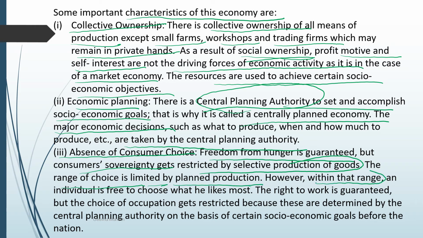However, within the given range, the individual is free to choose what he likes the most. The right to work is guaranteed, but the choice of occupation gets restricted because